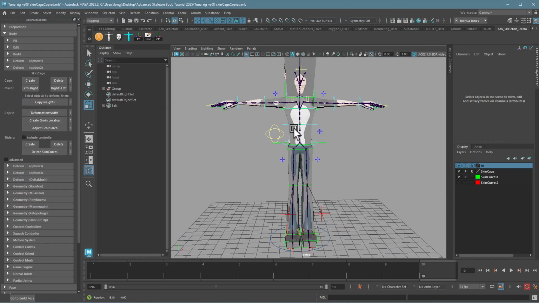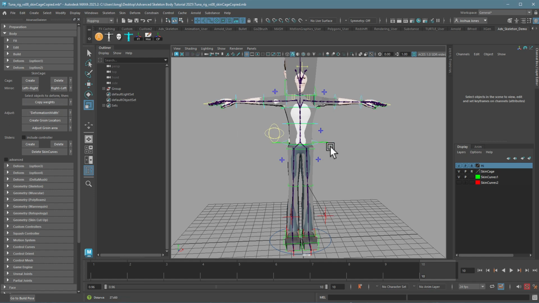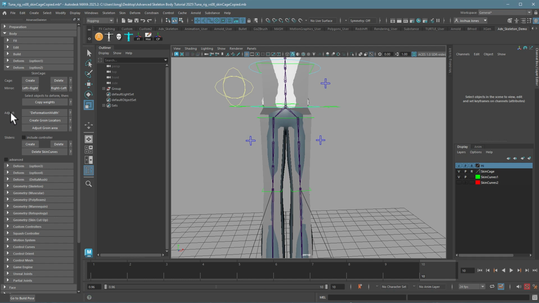Now we have a few other options here, and I do actually recommend them. I could copy weights now to see the results, but I know I'm going to prefer a couple of these other options. So under adjust, I'm going to skip the copy weights. I could do this now, which will allow me to copy the weights to the model, but I'm going to do this first. So adjust, what this is going to do is